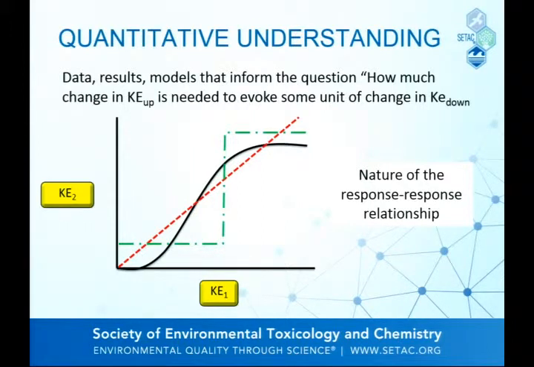And what does that relationship look like? So these quantitative relationships are really defined largely on the basis of response-response relationships. So here's your change in key event 1, change in key event 2. Might be a strictly linear relationship. So as key event 1 goes up, key event 2 goes up. Maybe something like a sigmoidal type shape. Could be a threshold where you have to get a certain amount of change in key event 1 to actually see a quick burst of change in key event 2. These can take lots of different shapes, but that's the idea. We want to define what that function looks like.